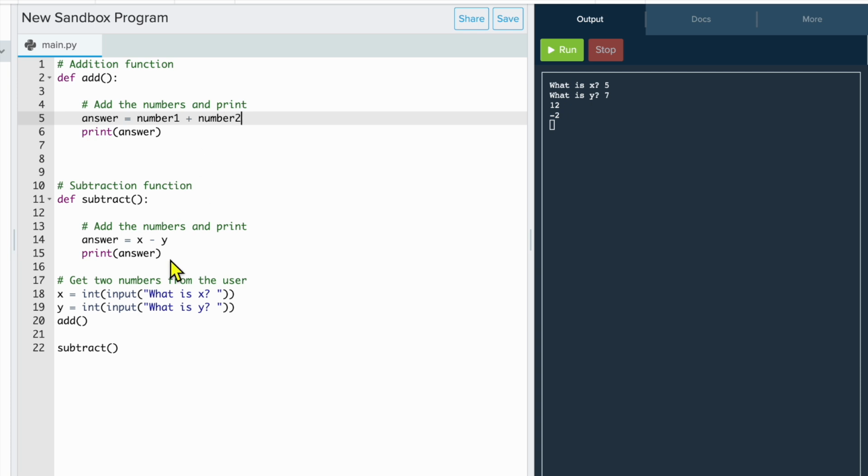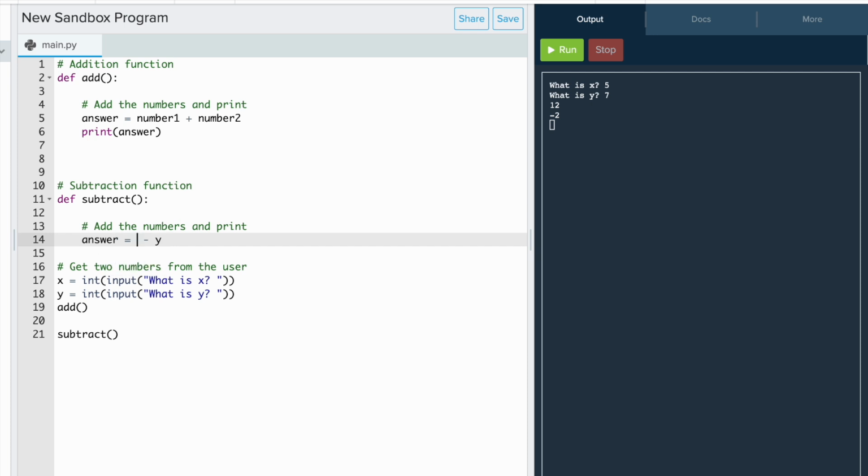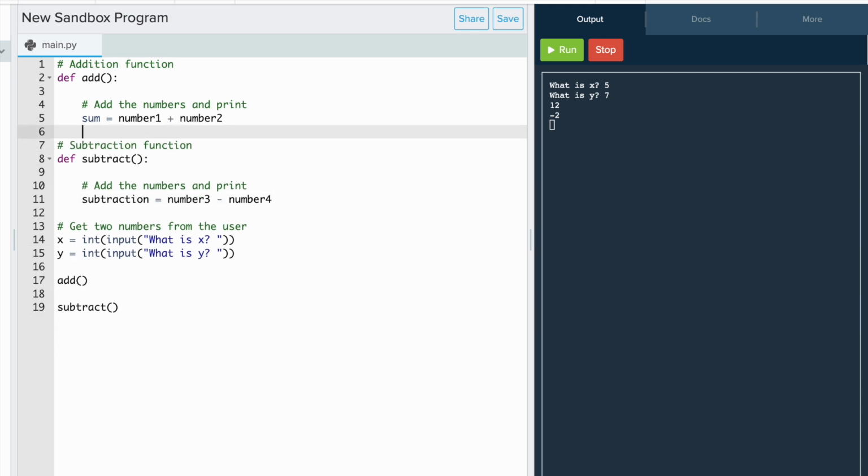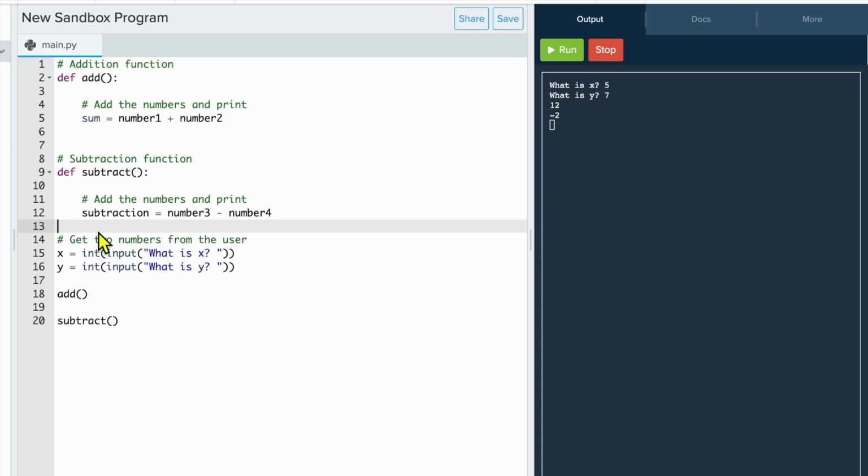and then in here I wanted this to be number 3 and then number 4. Okay, so I wanted to do something slightly different there, and I didn't want it to print out the answer. I've also used answer twice here, so let me do this as sum, and this can be subtraction. Okay, I'm going to delete a little bit of this white space just to tidy it up a little bit,